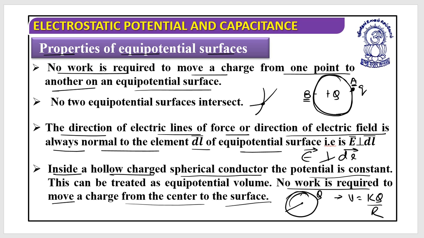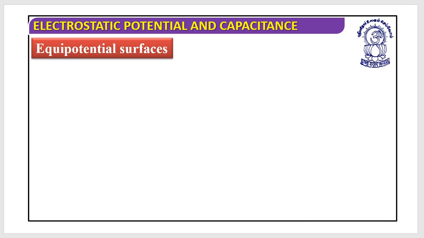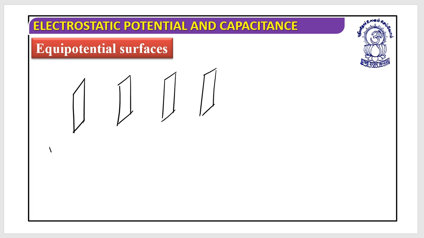Now can you do the numericals based on the same? Let's check. Let's say this surface is at V equals 50 volts. This surface is at V equals 40 volts. This is at 30 volts. This is at 20 volts. The separation between all of them is 20 centimeters. They want us to find out